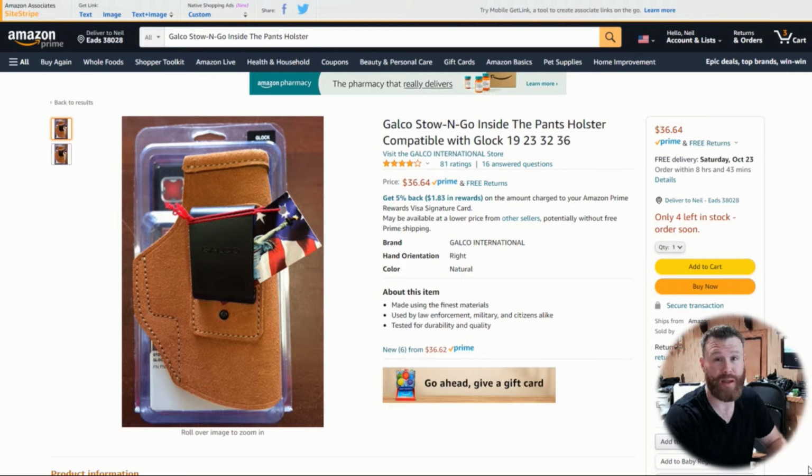First off, Galco is a great company. I've had some Galco belts. In fact, Galco belts have been my favorite, long-lasting and preferred belts over everything I've had belt-wise in the leather variety. I've got some belts that I've had for 15 years that are still holding up. They're a little bit worn out, but this isn't a review on the belts. But Galco in general, I think, is a good holster and a good belt company. So they make good leather, okay? And so we'll talk about the good things about it